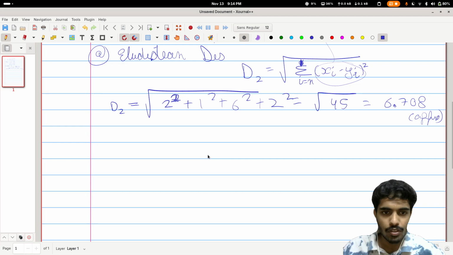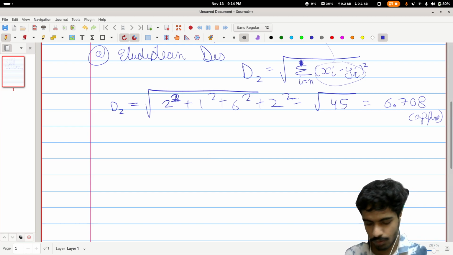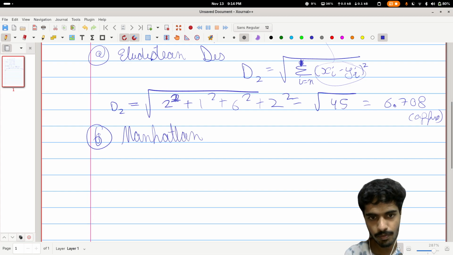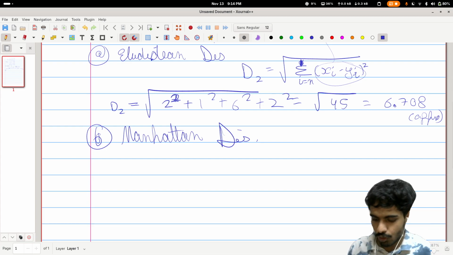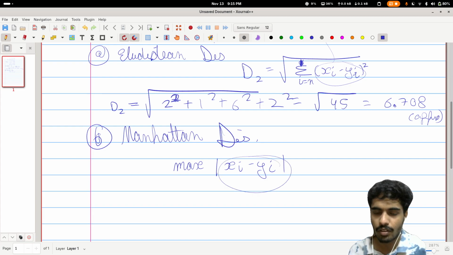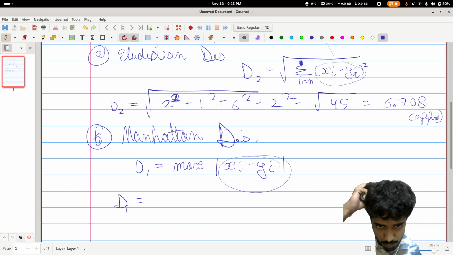Another thing which the question wants us to solve is to find the Manhattan distance. To find the Manhattan distance, it is a very simple formula. It is the maximum value of xi minus yi inside the absolute value, right? So you will find out the maximum value which you get after the subtraction of these things, right? So if I say, let's say d1 is equal to max. So d1 is equal to